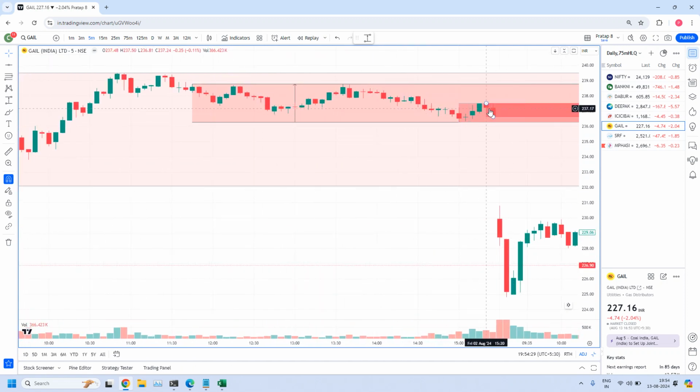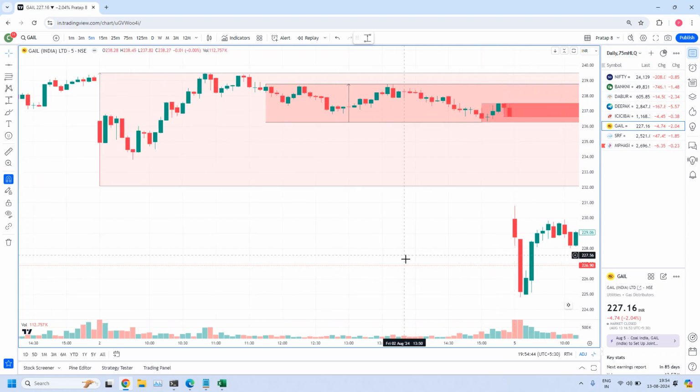We have a rally candle, we have a first base candle, second candle is a medium size leg candle. So it is also part of the base, because it is before the leg out and after the base candle. That's why this medium size candle is also part of the base. This is the fine tuned 5-minute zone.